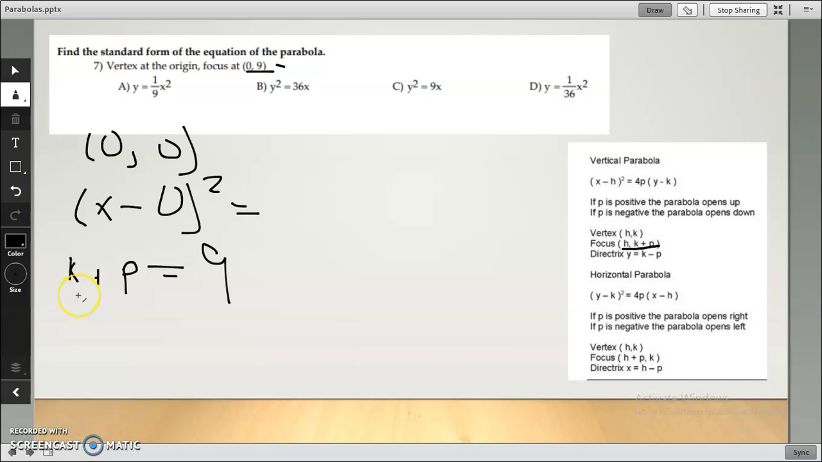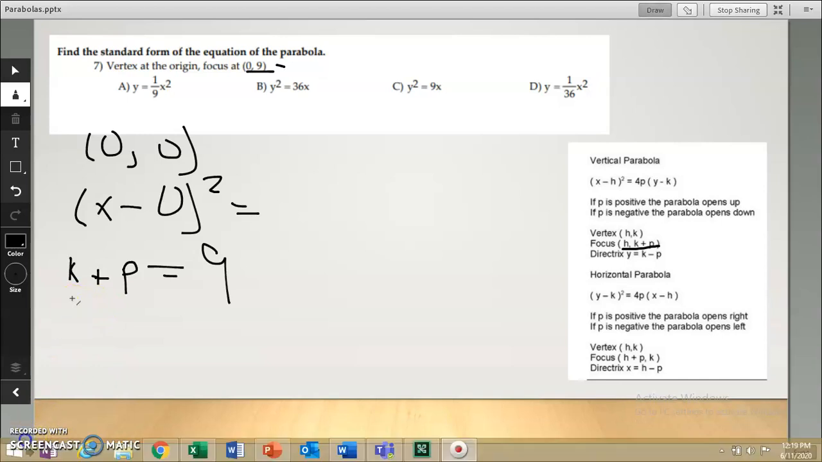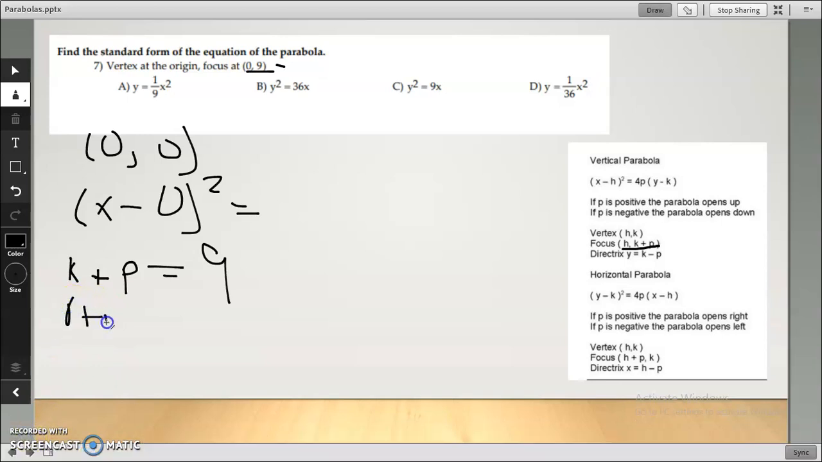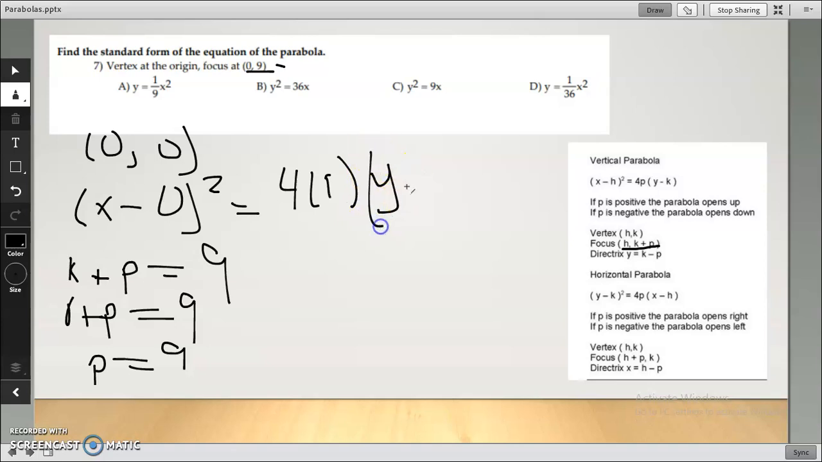And so I'm running out of time. I can get through it. So that's 0 plus p equals 9. So I know that p is equal to 9. And so if I plug that in, that is 4 times 9, and y minus 0, and hopefully